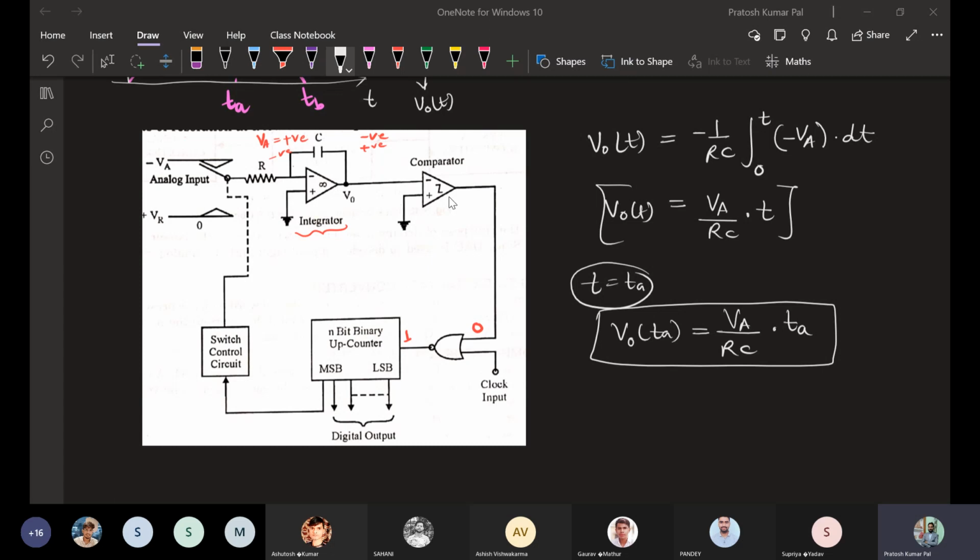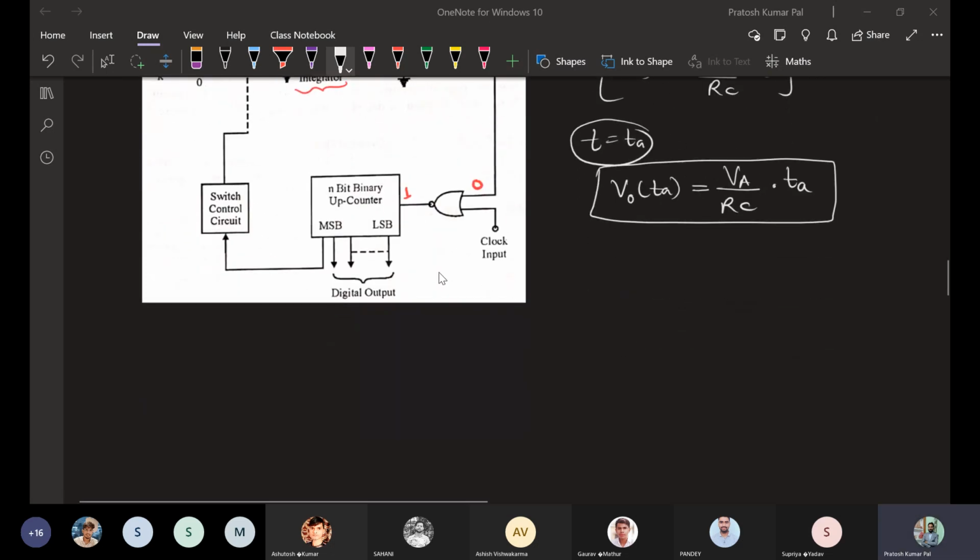Okay, the next time it will be connecting this control switch, making sure it connects this terminal to the reference voltage. With respect to that, it will be converting this reference voltage after TA time. After TA time, it will be connecting this switch to a reference voltage, so with respect to that, we will be converting the output.